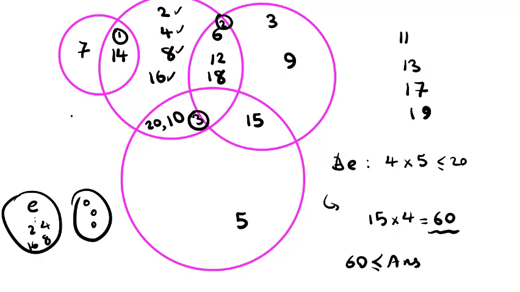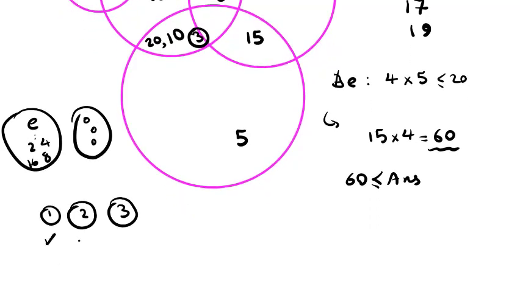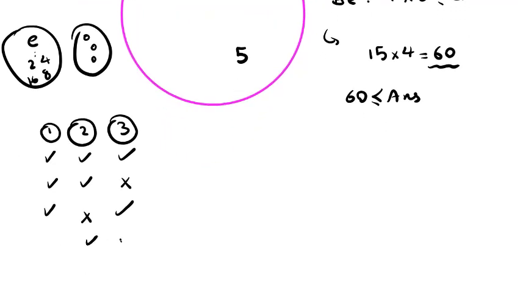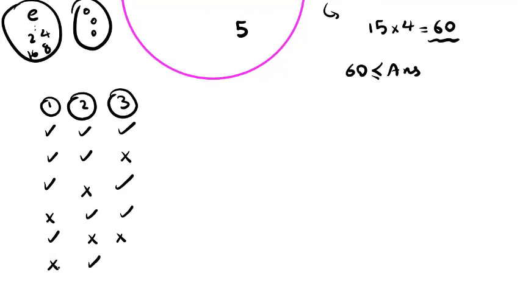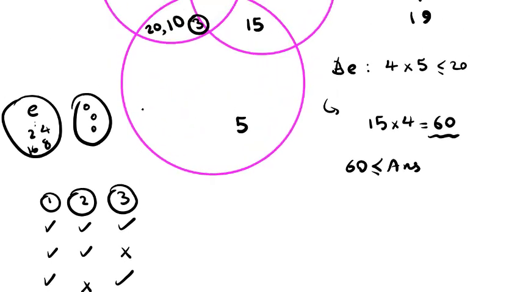It doesn't have any difference between them. 20, 10 also, and 14. So we consider cases that we select 1, 2, or 3. So 1, 2, and 3. So if we select all of them, if we select only 1 and 2, if we select only 1 and 3, if we select only 2 and 3, if we select only 1, if we select only 2, if we select only 3, and if we don't select any of them, in each case we want to find the maximum